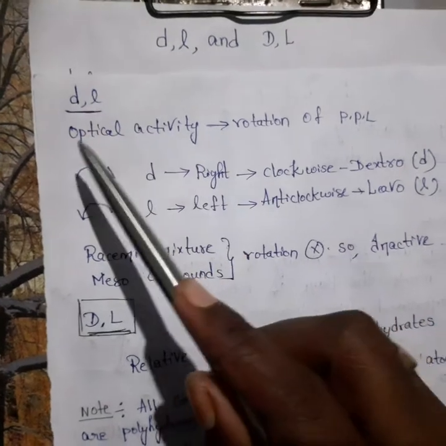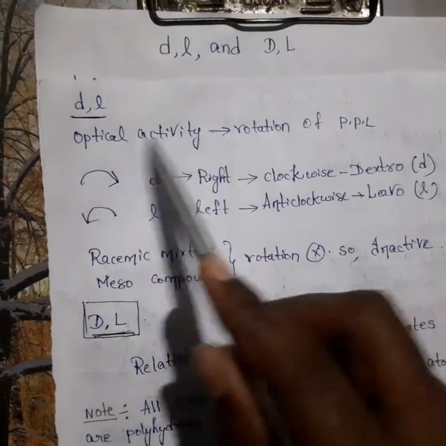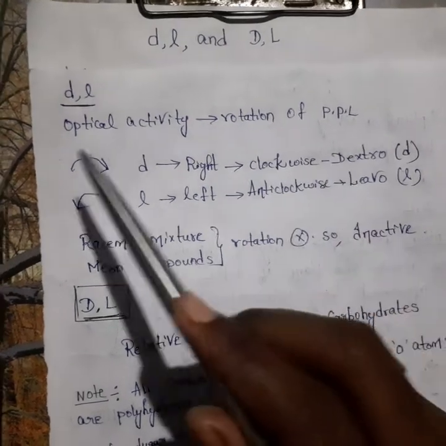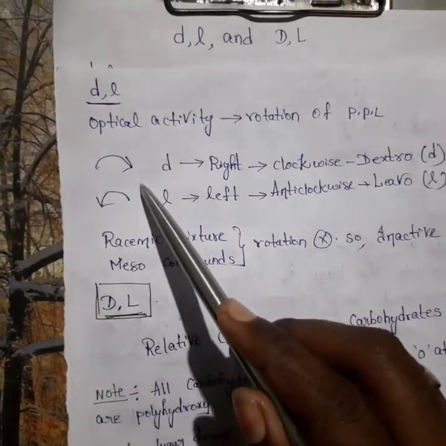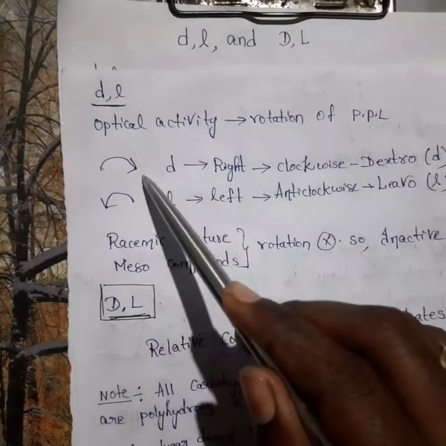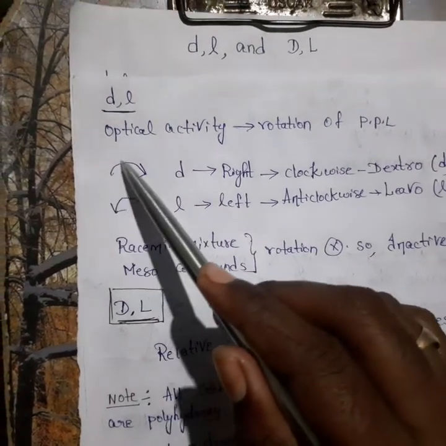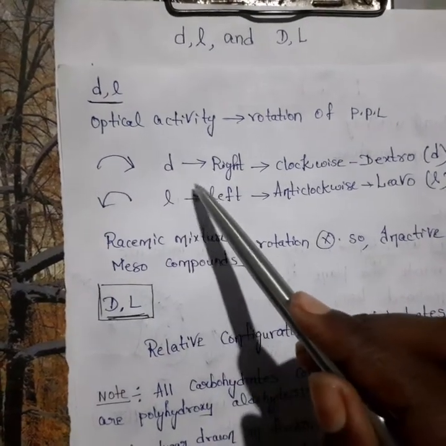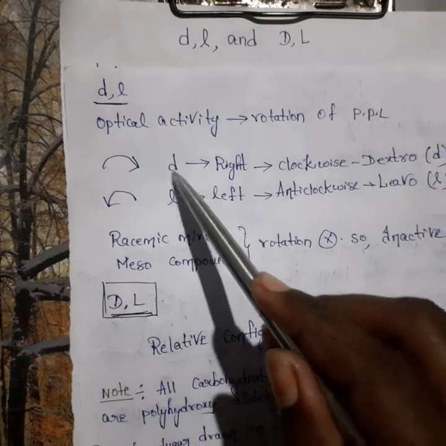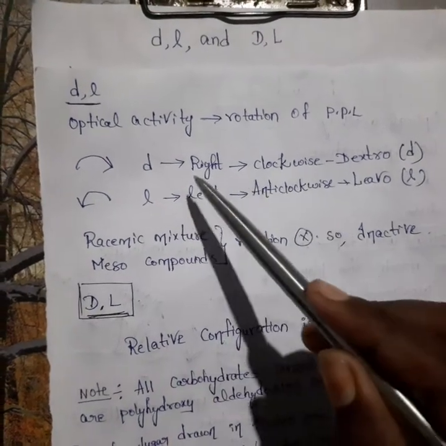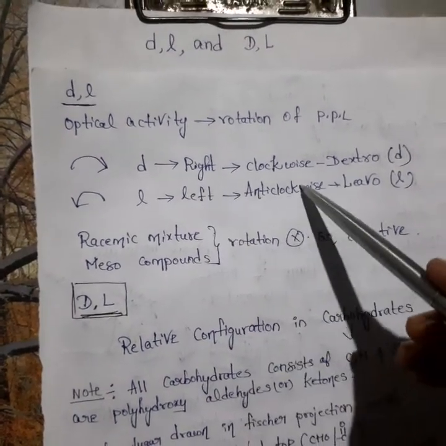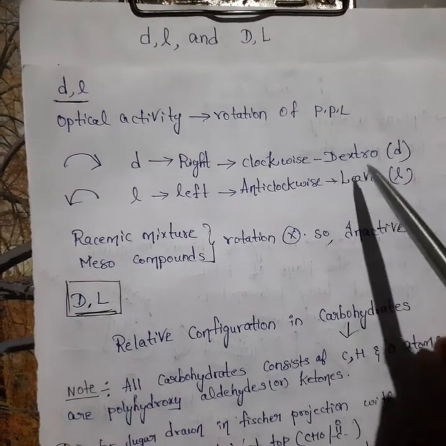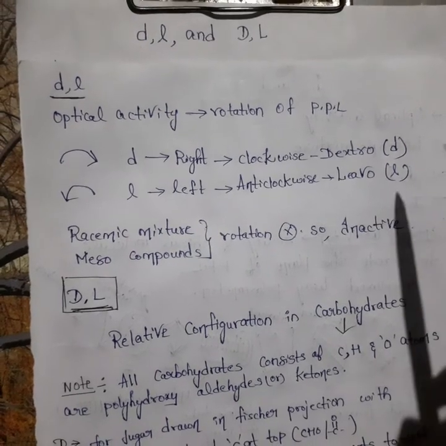As I said, that means just based on optical activity, means based on the rotation of plane polarized light. See, if the rotation is towards the clockwise direction, if you observe a watch or clock, then we will know that if the rotation is clockwise direction, then that is towards the right side. So this is a small d, means if the rotation is towards the right side or a clockwise direction, then it is indicated by the small d, and that rotation is dextrorotatory, and that is dextrorotation.